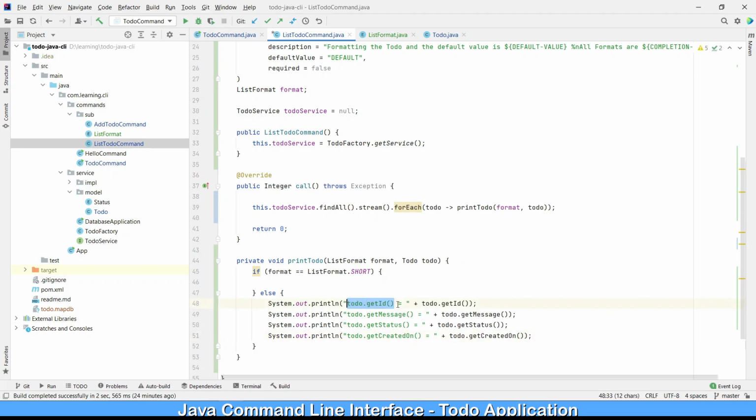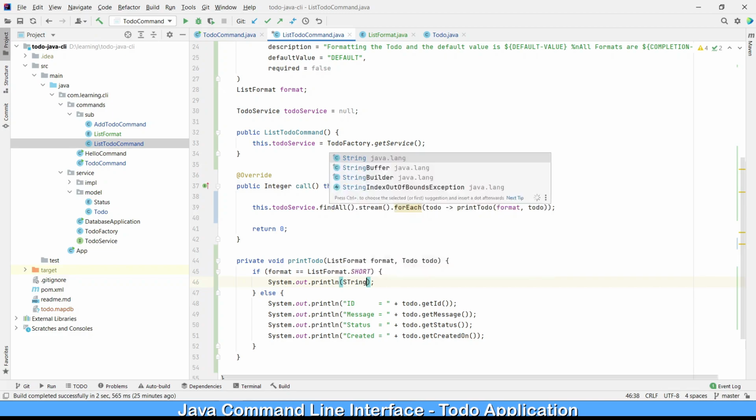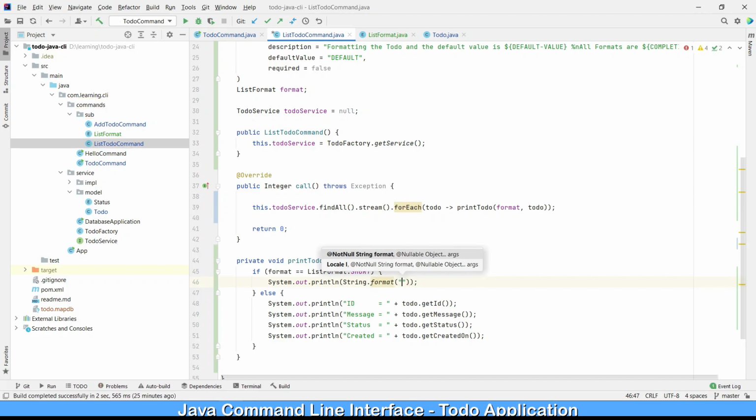Let's say here ID, message, this is status, and created. This is the detailed one which I was talking about. So let's show it in a very nice format. So like this. Let's use string.format. I'm going to use string.format, and here I would like to pass